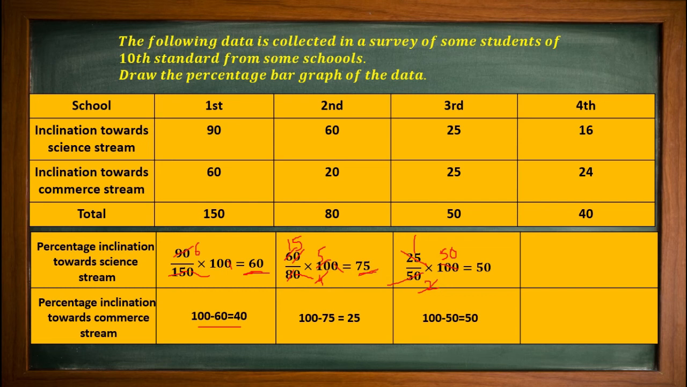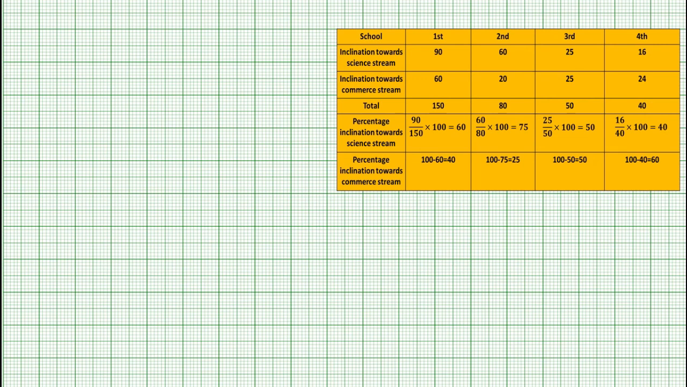And now the fourth one is 16 upon 40 into 100, which is equal to 40. So you will see here that 100 minus 40 would be 60 here. Okay, so इस तरह से आप देखेंगे बच्चों यहाँ पर कि हमें यहाँ पर इस तरह से परसेंटेज मिल गया है। ठीक है, 4 स्कूलों का हमें यहाँ पर 10वीं जमात के कामयाब तलबा का सर्वे हमें मिल गया है। ठीक है, अब हम यहाँ पर देखेंगे कि उनका बार ग्राफ किस तरह से तैयार होता है।